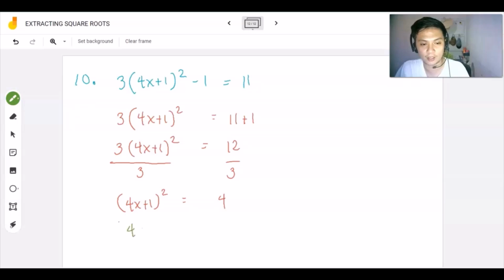So, we have 4x plus 1 equals positive or negative square root of 4. And ang 4 ay perfect square. Anong square root niya? 2. So, we have 4x plus 1 equals positive or negative 2. Anong next step? I-isolate ang 4x, i-eliminate ang constant term na 1. So, it gets transposed as negative 1 dun sa right side. And it will appear before this positive or negative sign. So, magiging